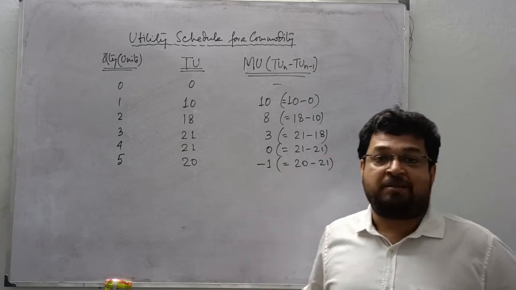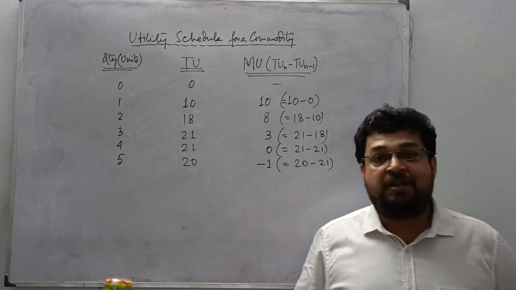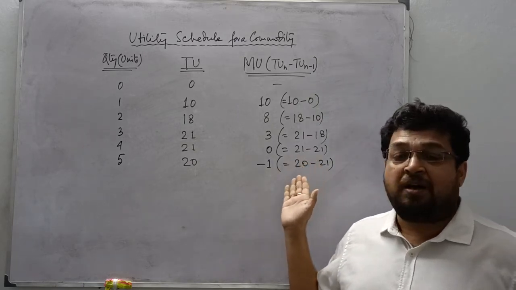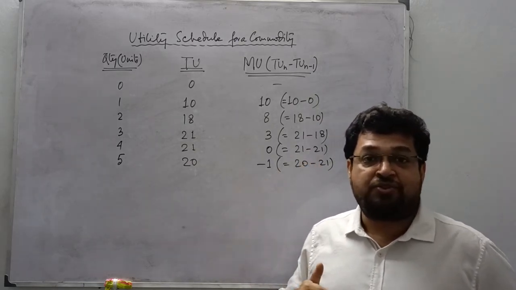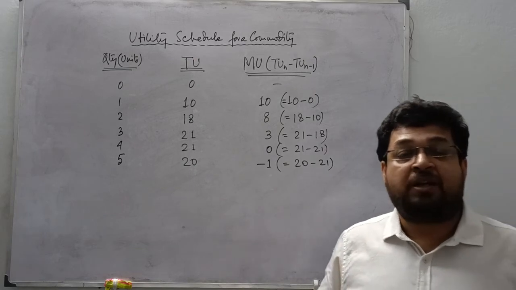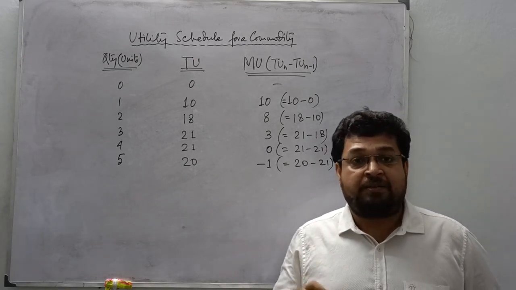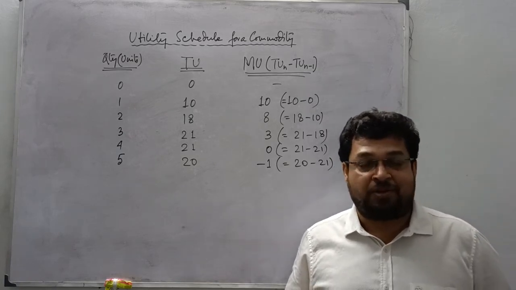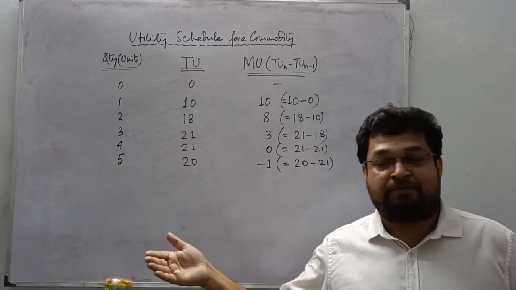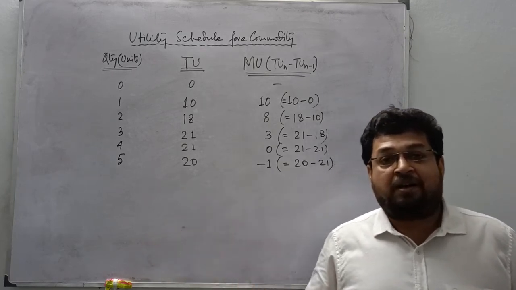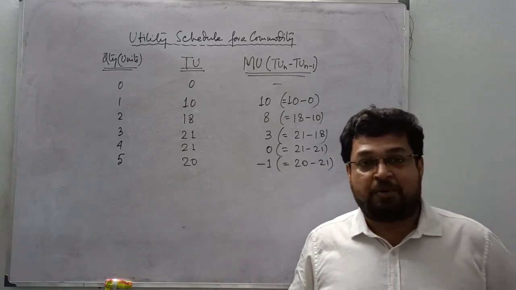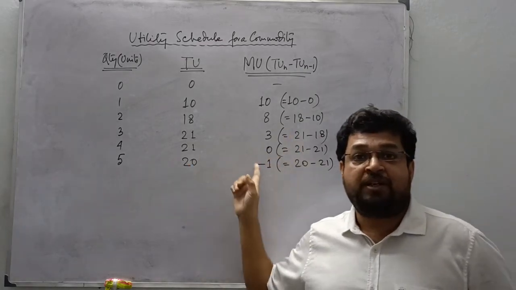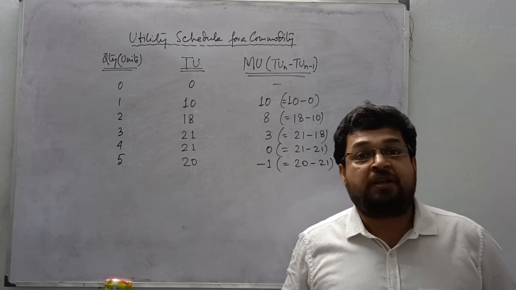Now this relation between total utility and marginal utility can be shown with the help of a diagram. Here we have shown a hypothetical schedule following the consumer behavior. Now we will do it with the help of a diagram and learn the relations, very important with respect to your exams, and also for learning the concepts, because the next equilibrium analysis will depend upon those. So this relation between total utility and marginal utility we will show with the help of a diagram.